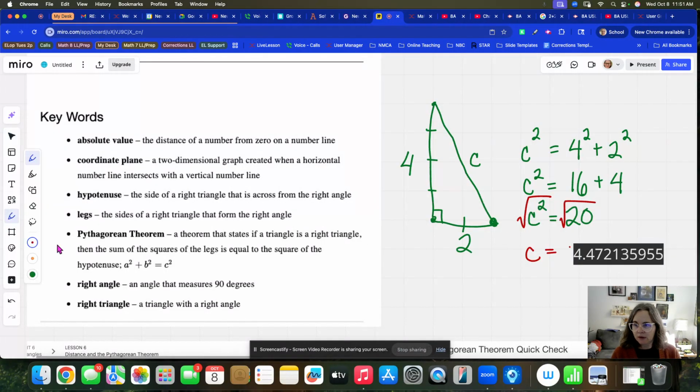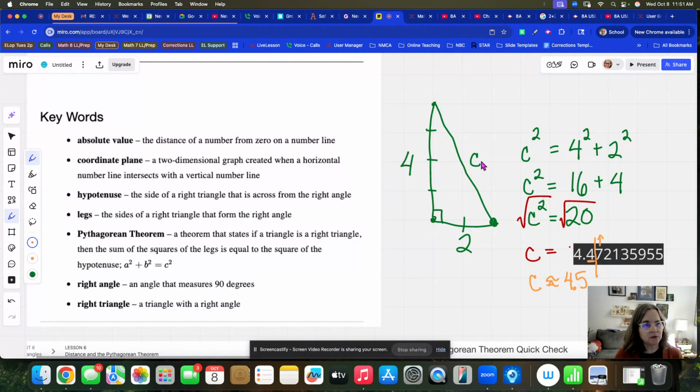Okay. If I round this to the nearest tenth, that means I want to cut off the number after the tenth place. This is the number I want, and I'm going to look next door. I'm going to say, hey, that's 5 or more, so I'm going to round it up, meaning I'm going to add 1 to the number in the tenth place. Final answer here would be, let me do a wavy equal sign because it's not actually equal to this,